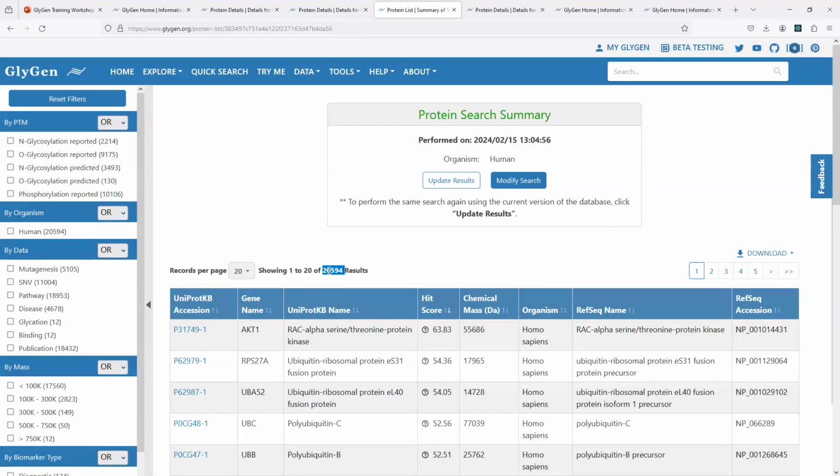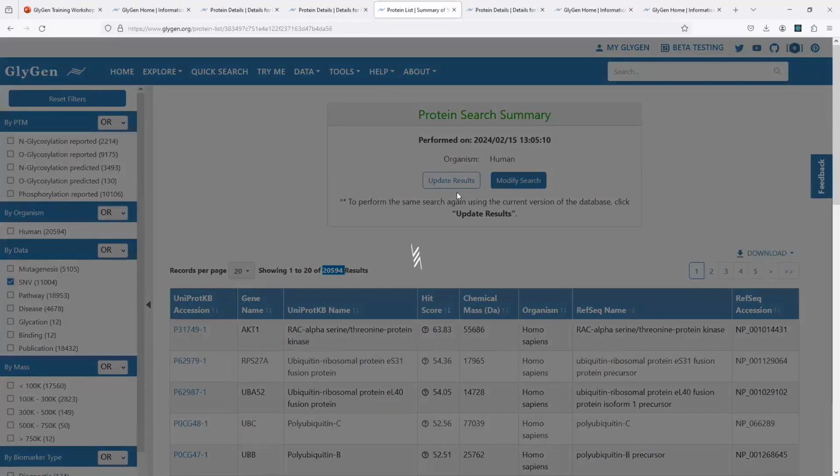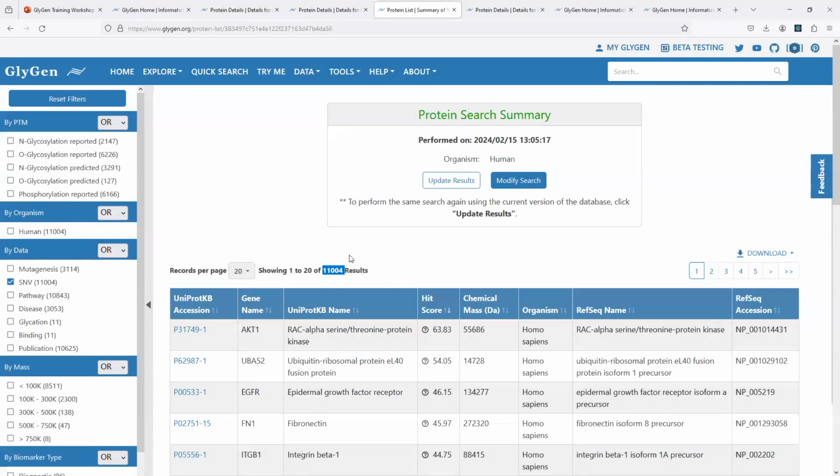And we will end up with more than 20,000 proteins in that search option. So there was the question for the SNV sites. So in the data section, we can select all the proteins which have SNV mutation reported for them. And that will bring us down to 11,000